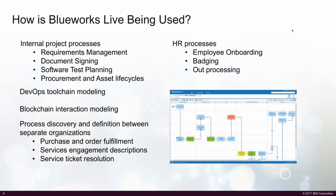So Blueworks Live is a very flexible tool. It can model just about any interaction that can be broken down into steps. Some of the things you model might be very simple, some might be very complex, but the important thing is that because of the collaborative nature of building processes in Blueworks Live, the participants in the processes can span across